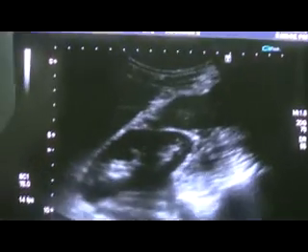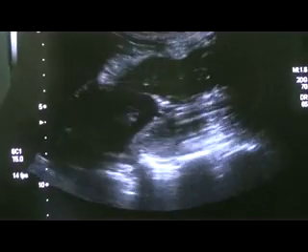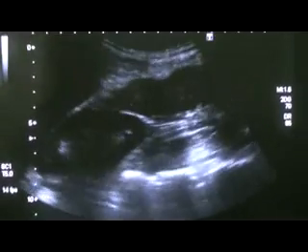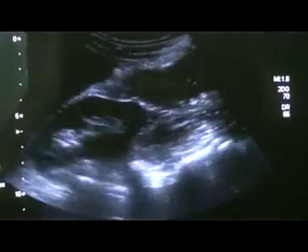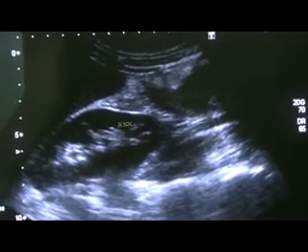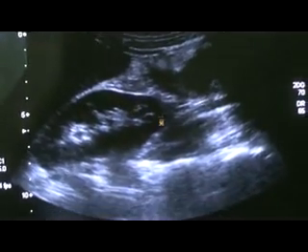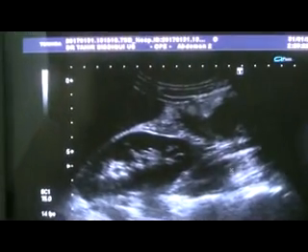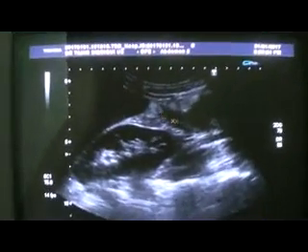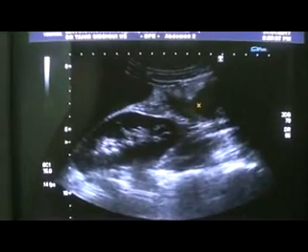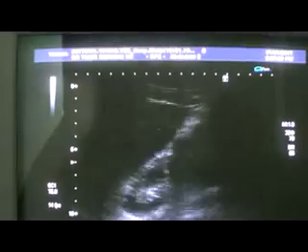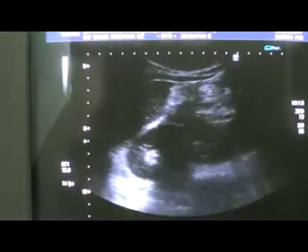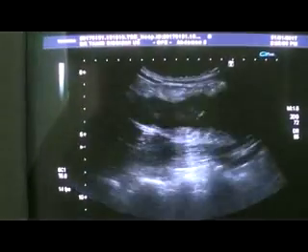Now I've placed the probe where I was seeing you, and you are seeing the lower pole of the kidney and the iliopsoas muscle together. Now here you see this is the right kidney, and this is the lower pole of the right kidney. This is the psoas muscle, iliopsoas muscle, and from here you will see the mass extending down. Now I'm going to move down here.